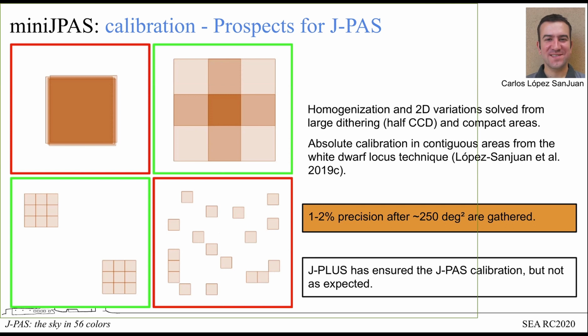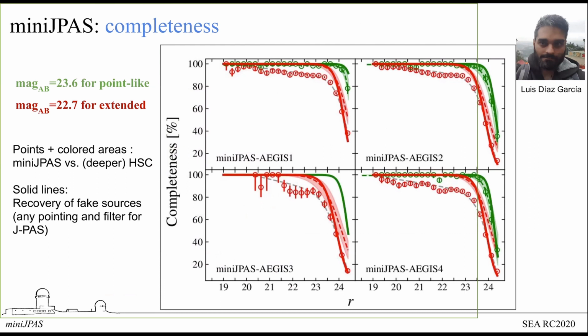So in the next slide, this is about calibration. Now continuing with the quality and the features of the data, here you can see the completeness that we obtain. This is a work from Luis Diaz Garcia that was comparing the miniJPAS data with the deeper Hyper Suprime-Cam information in the field. Here in red is the completeness as a function of magnitude for galaxies, and in green